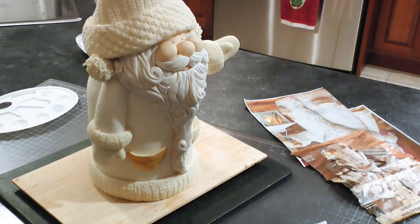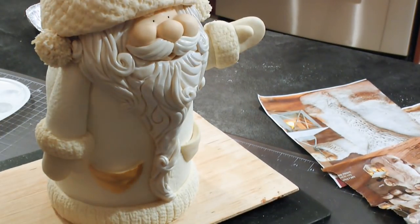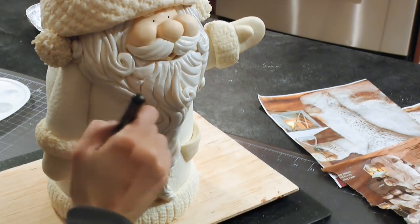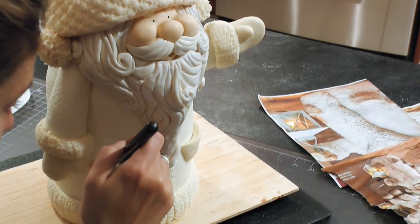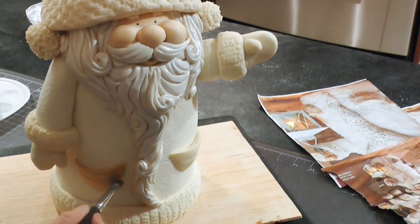You want to get a nice painting consistency. And I'm really impressed with this Roxy and Rich. I love that it's FDA approved and edible, so I don't have to worry about having to tell any customers or anybody that they have to remove part of the cake that's been painted with the gold. It's really a beautiful thing. It's my first time using it. Great, great coverage. I'm in love with it. This is, again, the Old Gold. I used it to paint onto the